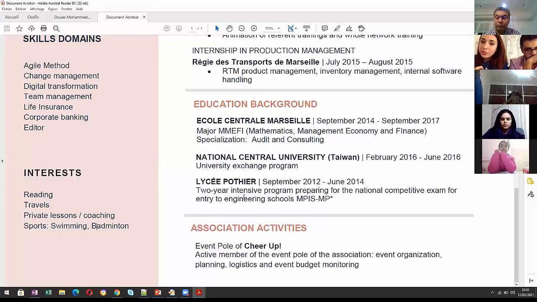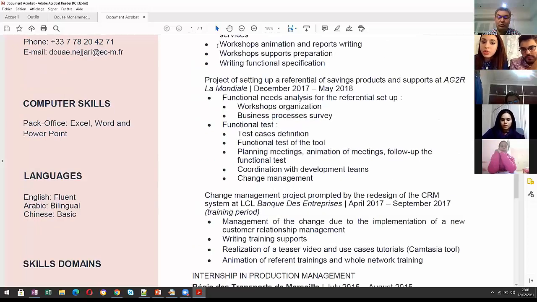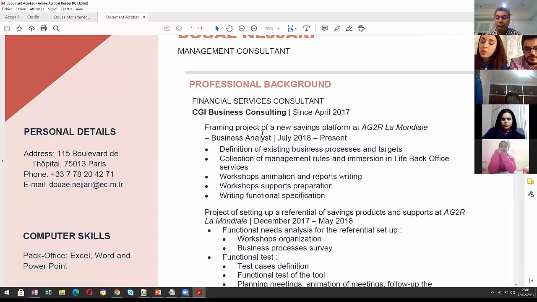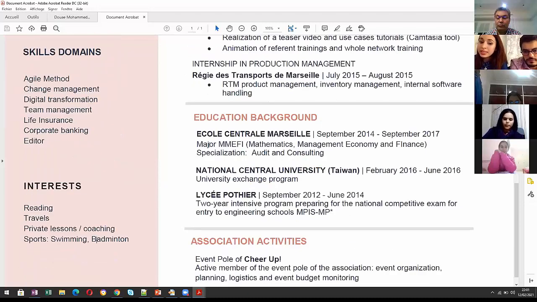For example, some colleagues do not put the education background, they only put the school that they graduated from. So as you gain experiences, we will pay more attention to the professional background and speak less about the education background, and vice versa. So for your case, speak about high school,